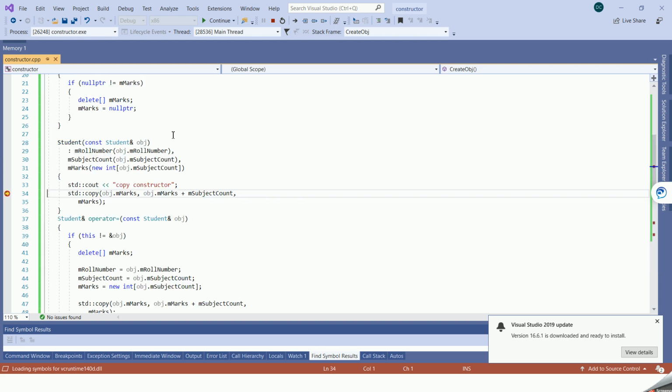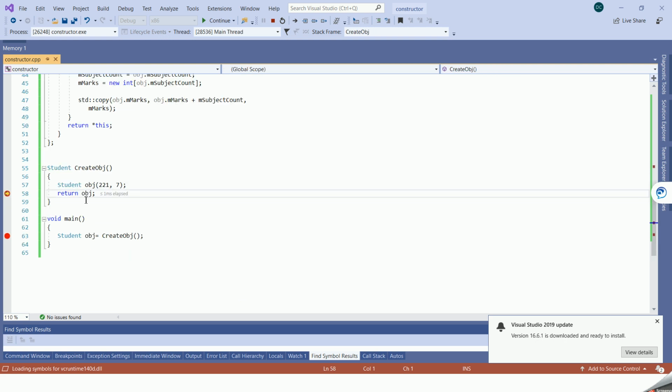Here if you see, a copy constructor is getting called now, and here in this copy constructor we are allocating the memory. So now the memory got allocated and the copy constructor got called. Now we have come back here, and the memory is assigned over here. So what happened is that one copy of the object got created by allocating extra memory.